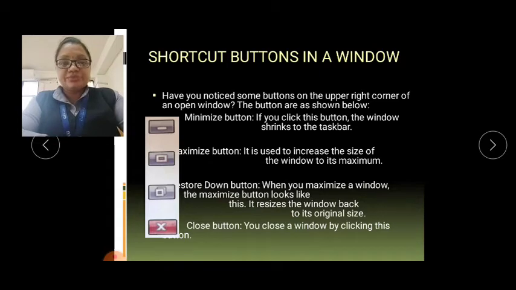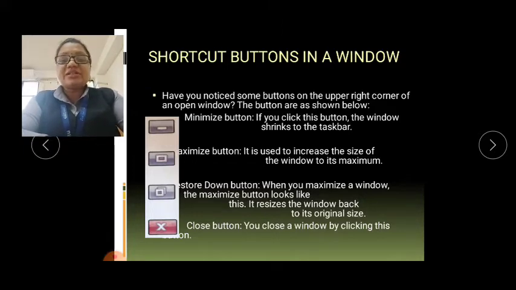Okay, now the next is the restore down button. So this is the restore down button. In that button you can see the 2 squares overlapping each other. So this restore down button, why do we use it? When you maximize the window, the maximize button looks like this. It resizes the window back to its original position.